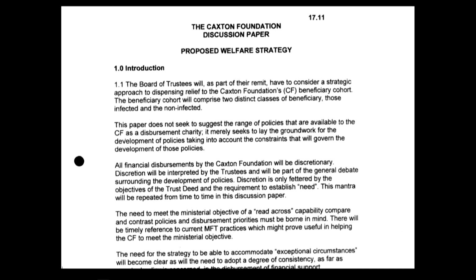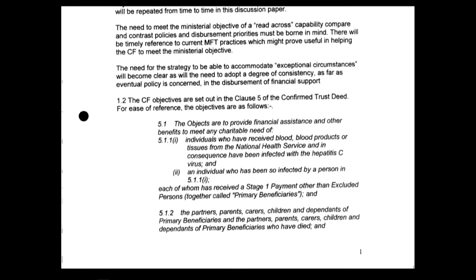Welfare Committee. So we can see on the first page in the introduction that the Board of Trustees, as part of their remit, have to consider a strategic approach to dispensing relief to the Caxton Foundation beneficiary cohort. And then it talks about the two distinct classes of beneficiaries, the infected and the non-infected. And then if we go down the page, please, to the bottom of the page there, 1.2 sets out the objects clause from the trust deed that we looked at yesterday. Objects are to provide financial assistance and other benefits to meet any charitable need of, and then sets out the classes of beneficiary to whom